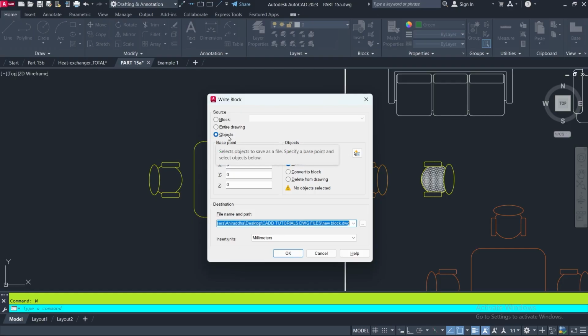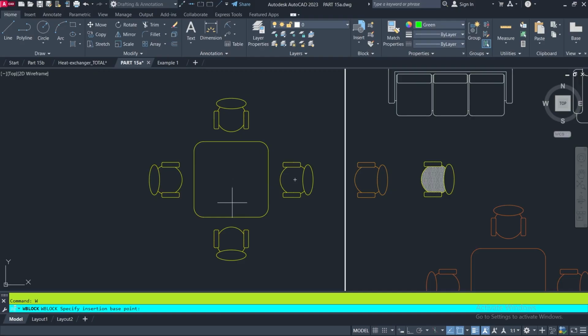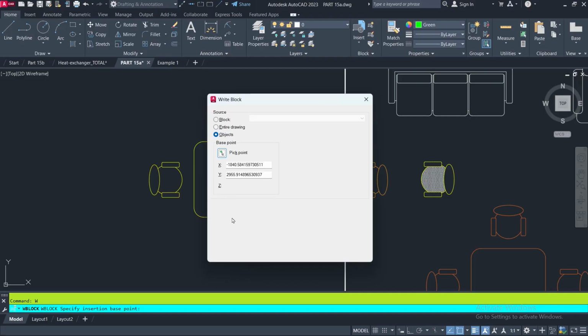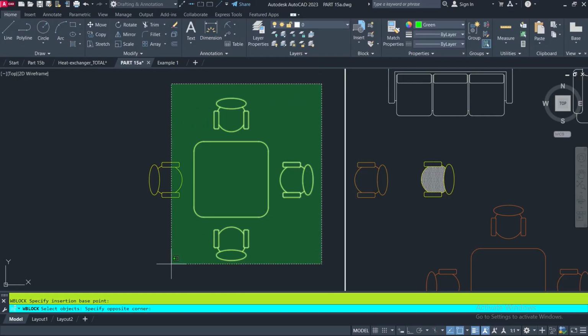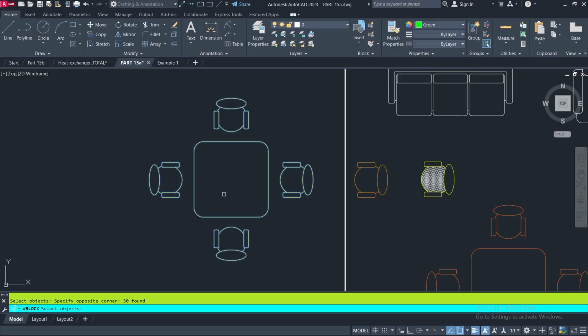So objects are selected. If I want to convert this entire drawing, then I have to select the entire drawing, or any particular block as a separate file, then I will select this block option. First I am going to select this objects option. For that I have to take base point, clicking on pick point and taking this point as base point, then selecting objects. For that I am clicking here. I have selected the objects, pressing enter to complete selection,